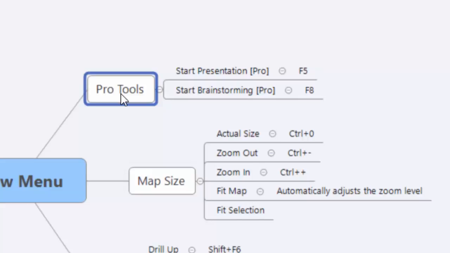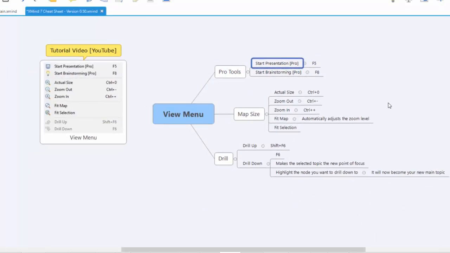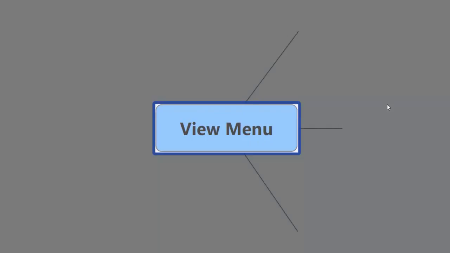Now, the first one that I think is still pretty cool, but it doesn't get a lot of love, is the presentation tool. Now, all you need to do to get into it is hit F5. The best way to show it to you is just to get into it. So let's go ahead, we'll hit F5. It takes a second for it to load up. And there we go. So what it does is it zooms in, it darkens the screen and highlights exactly what